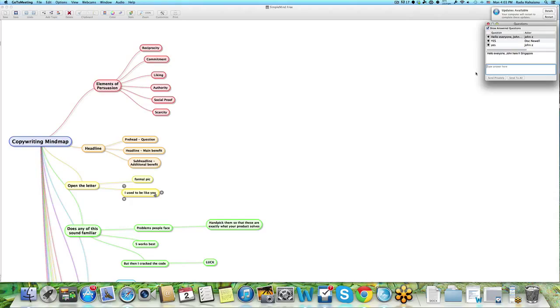Moving on to commitment. Once somebody has verbally or in writing committed to doing something, they are much more likely to actually do it. So if you have a pre-launch thread, for instance, it would be really great if you could somehow email your list and tell them to write their thoughts about your product in the pre-launch thread, because this will get them committed to your launch and they're much more likely to actually buy your product, and this works.